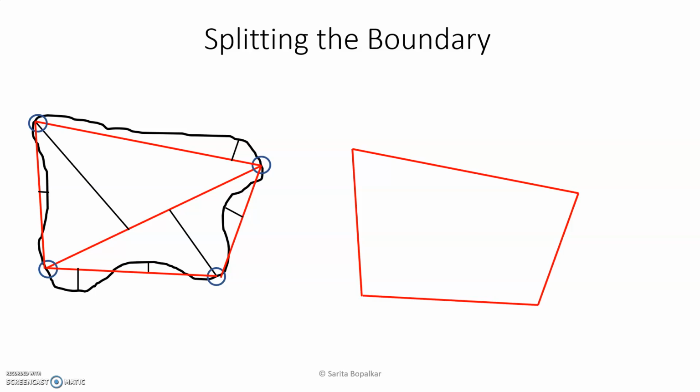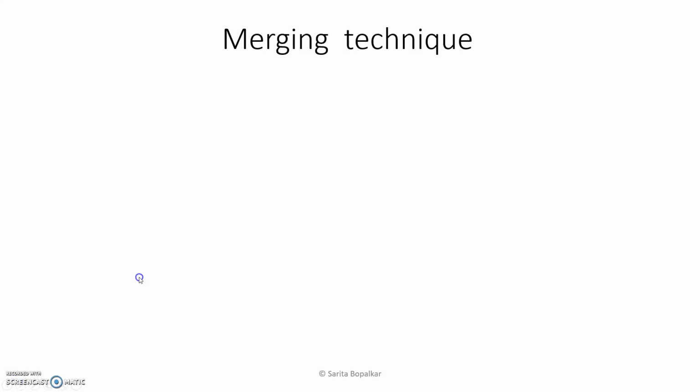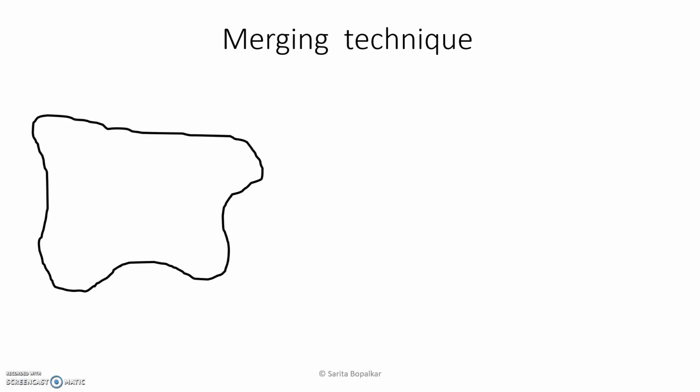Now in this technique, we need to redefine the threshold, because initially we have considered a very long segment, and then next time the segment gets reduced. That's why our threshold should be adaptive. The next polygonal approximation technique is the merging technique. Let's start. This is an arbitrary boundary. Now any arbitrary point on this boundary we can consider as a start point. We'll start from here. This is our start point.